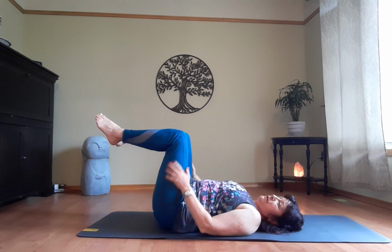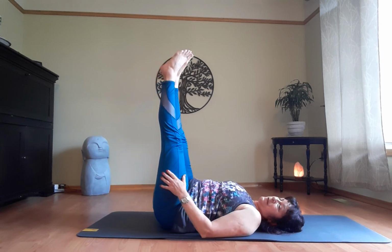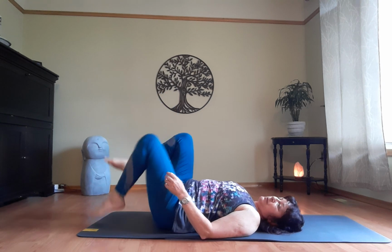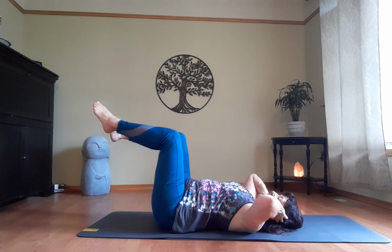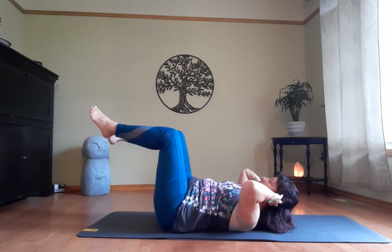We're going to do that again. So this is into table. We're going to do this one and then we're going to do it this way. If you find these are getting a little too much, come back to this one, do what you can. Even if you're only doing 1, doesn't matter. Ready? Let's go. Inhale up and